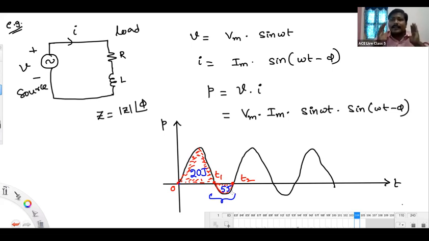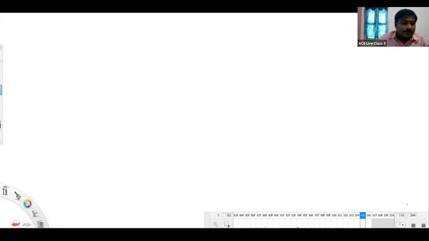Unnecessarily, unwantedly, it is circulating between the source and the load. This energy, we are going to name it as reactive energy. And that we are going to term sometimes like reactive power. That energy might be converted to power domain, known to be reactive power. Okay, so reactive power, or reactive energy